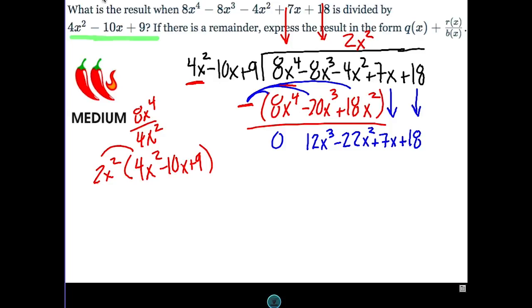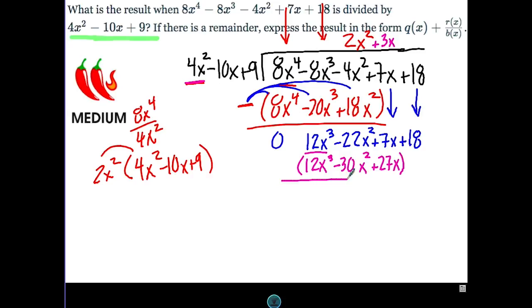Now I just got to keep going. Deep breaths, divide these right here. We'll shorten it up a little bit. 4 goes into 12 3 times. X squared goes into x to the third x times. So 3x, that is going to go above here. 3x times that, 12x to the third. 3x times minus 10x. Well, minus 30x squared. 3x times 9, so plus 27x,